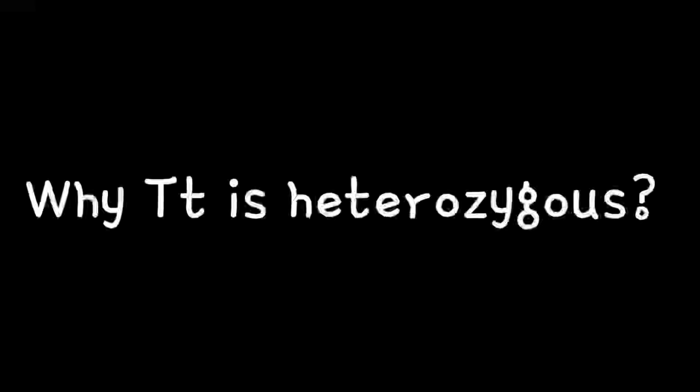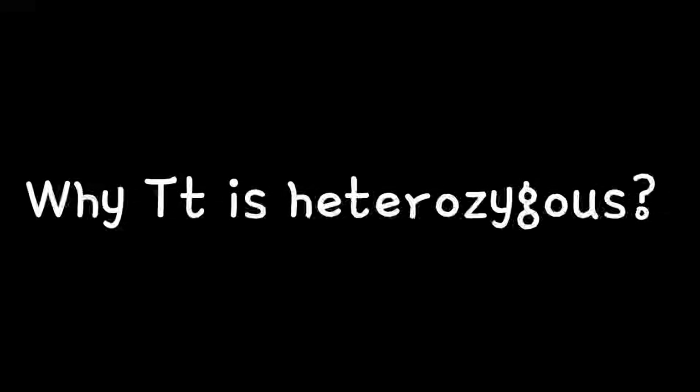पिछले वीडियो में मैंने क्वेश्चन पूछा था, जो मैंने एंड किया था, कैपिटल टी स्मॉल टी इज हेट्रोजाइगस पर क्यों है। हेट्रोजाइगस का मतलब होता है, हेट्रो मीन्स डिफरेंट और जाइगस मीन्स पेयर। सो जब जीन के दो अलील अलग अलग होते हैं तो उसे हेट्रोजाइगस बोलते हैं। जैसे कैपिटल टी और स्मॉल टी समझो। तो कैपिटल टी टॉल डोमिनेंट है, स्मॉल टी इज ड्वार्फ रिसेसिव।